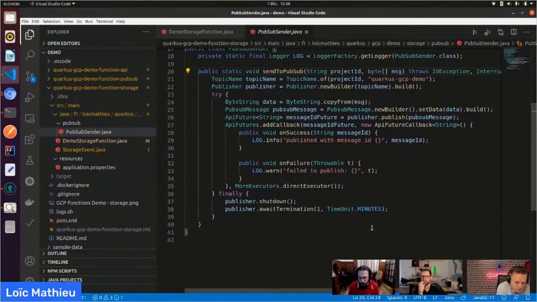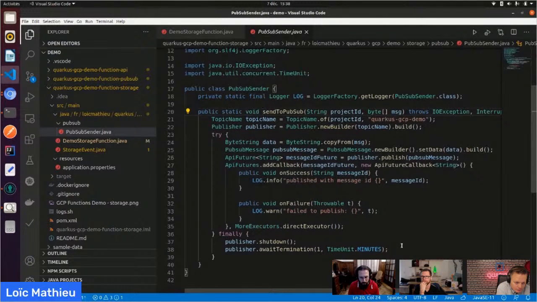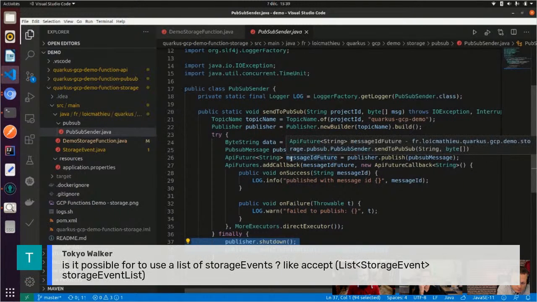Just to have a quick look at how to use the PubSub API. You create a topic, you create a new publisher, then you create the data to send the message, and then you publish the message, then you wait for confirmation that the message is sent, and at the end I just shut down the publisher. So it's a native